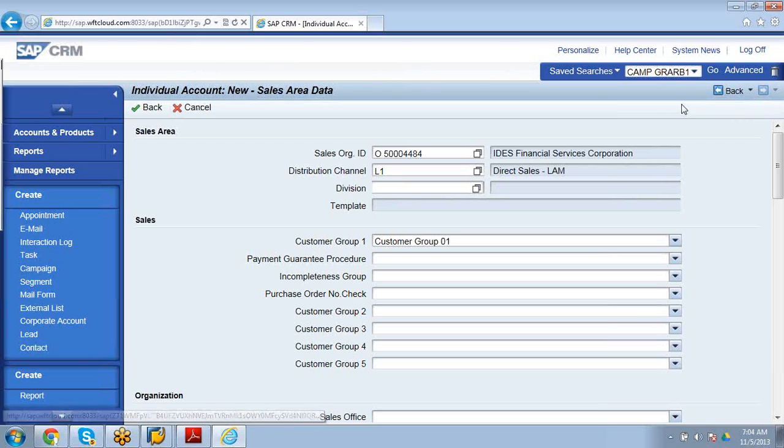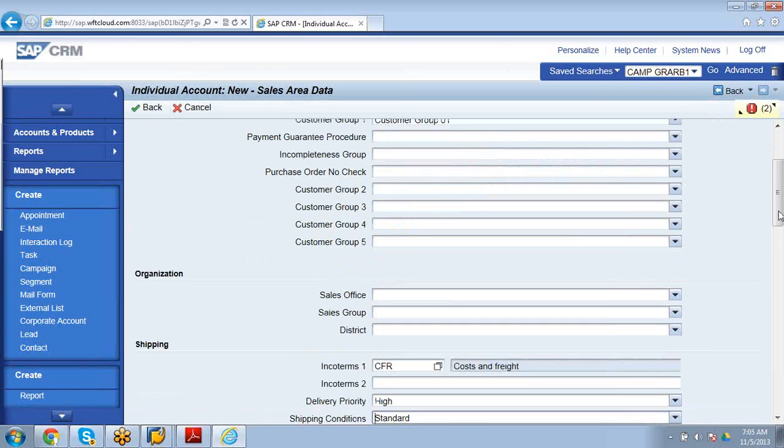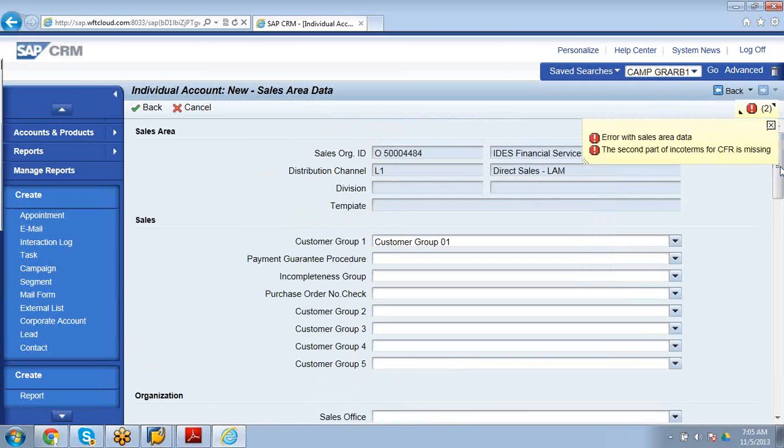Now you can click on this back button, because as we are in another screen now, it says an error with sales area data, second part of the input: the term CFR is missing.